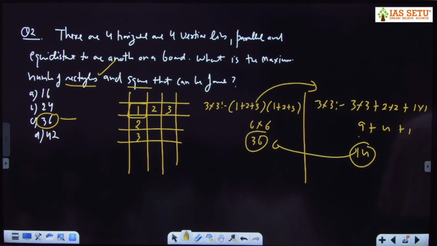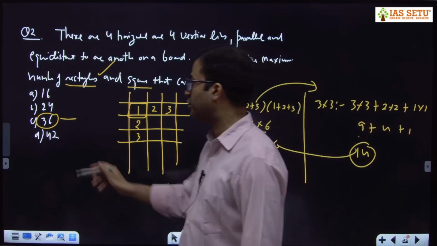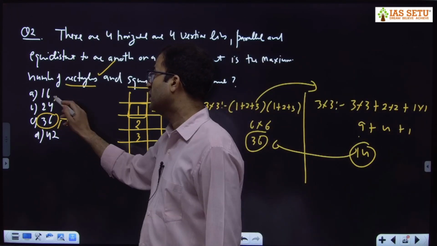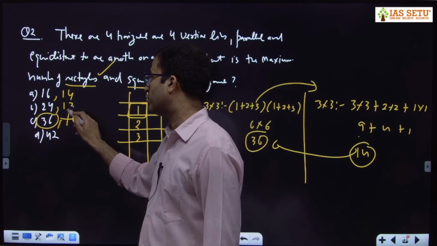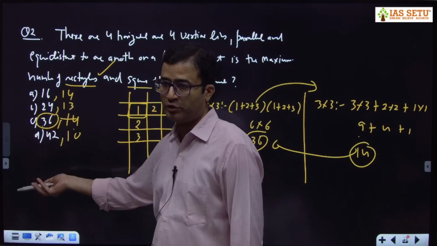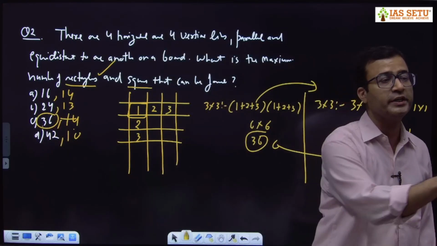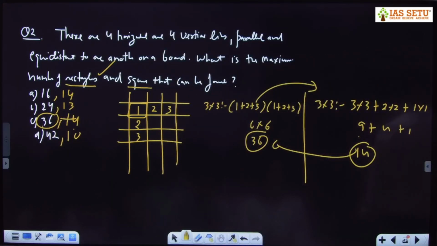Okay. Just to confuse you, this question is asked. Yes. If it asked separately number of rectangle and number of square and gave two answer options, 36 and 14, 16 and 14, 24 and 13, 42 and 10, then you can say 36 and 14. But they have given only one answer option. It means square is already included in rectangle,